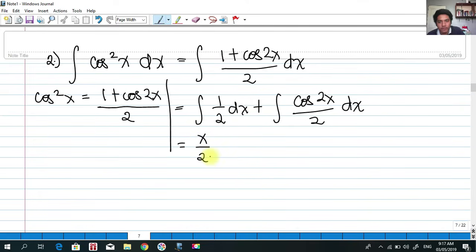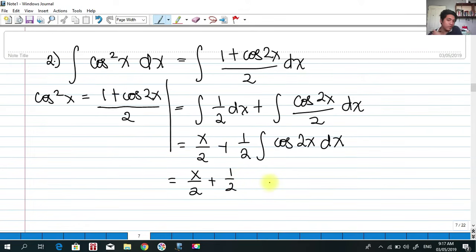X over 2, 1 half of x, plus 1 half integral of cosine 2x dx. So x over 2 plus 1 half. Okay? So our cosine dx, if you're going to get the integral of cosine 2x, that is